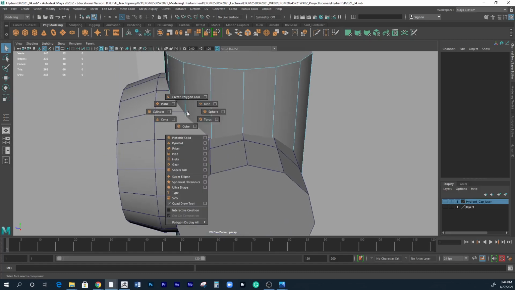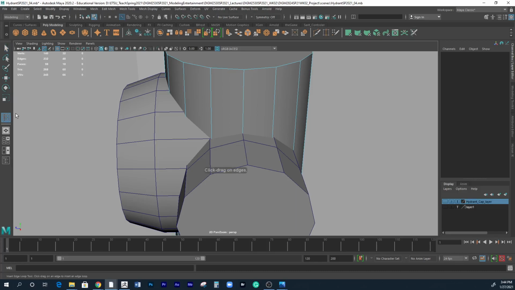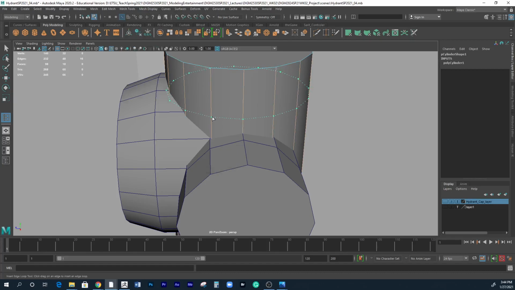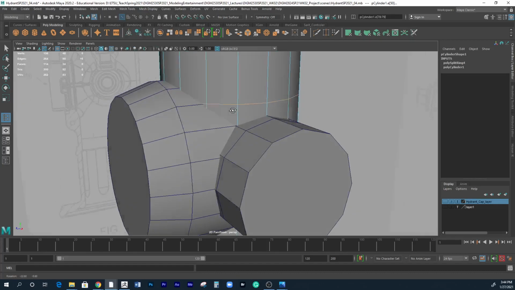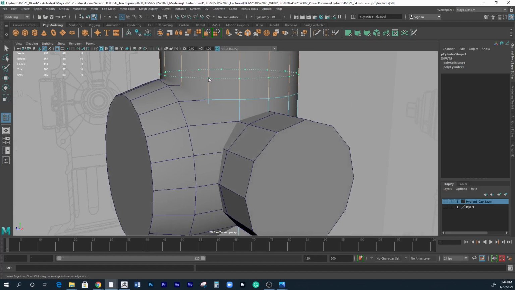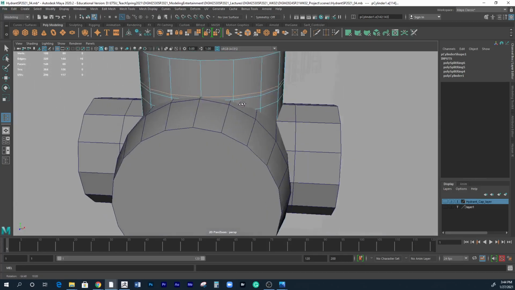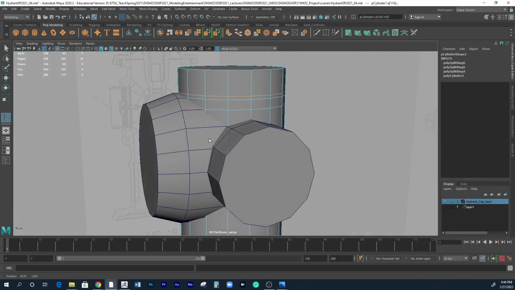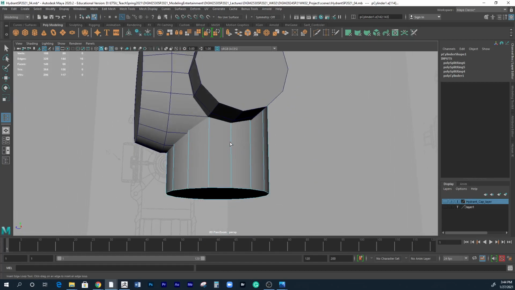loop there. So let's do insert edge loop again. So edit, insert edge loop. So that will be one loop there and another loop here, and actually one more there, right there. But I'm just gonna make it close enough. Actually on this one we can do, how about like that? Here we go. So start it from the bottom,